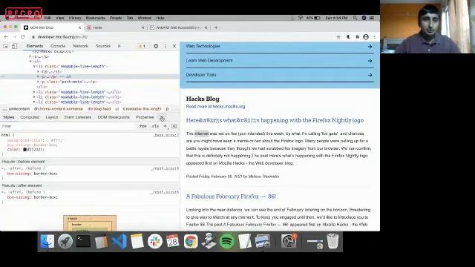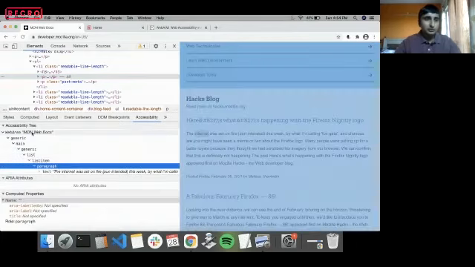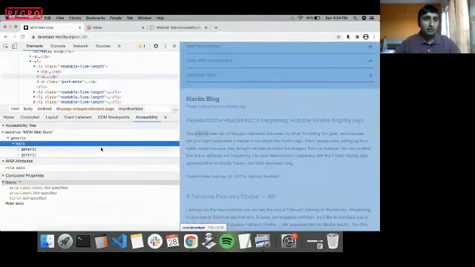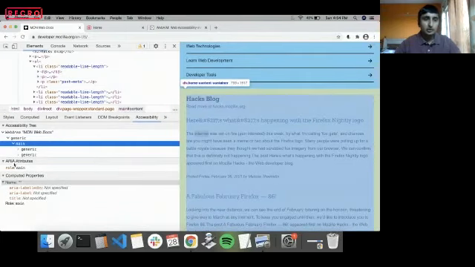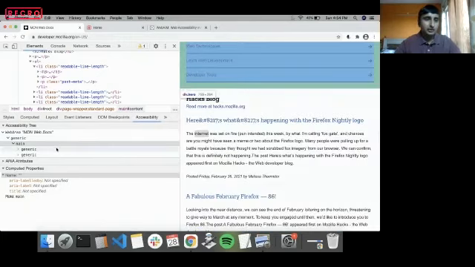And I can go to the accessibility pane here, right? So it gives me a few things. So one is the accessibility tree. So what is that? That is a subset of the DOM, right? That is what the screen reader sees. It will not contain things which are purely visual, so this is basically what your screen reader would